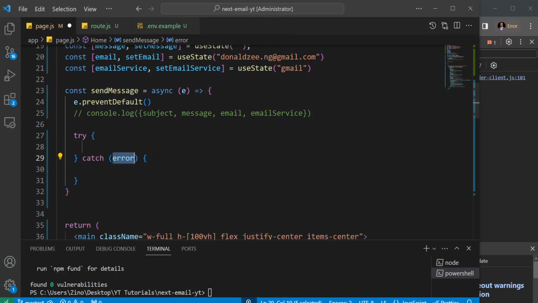All right, maybe I should just handle the catch. So if there is an error, I'm just going to log the error to the console first. So let's get that out of the way. Then in my try block, well, I just want to do,